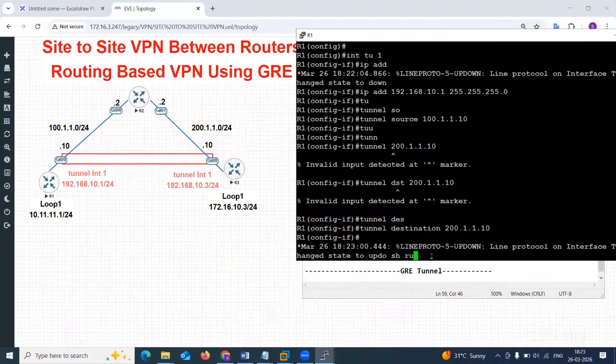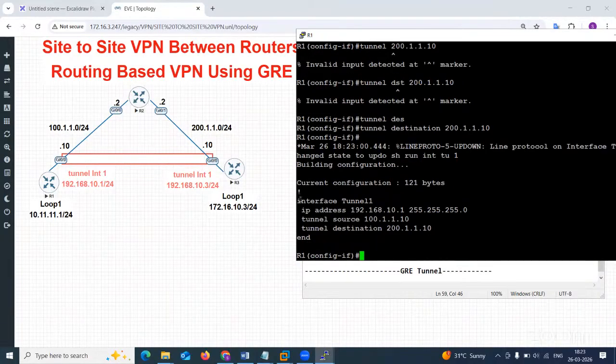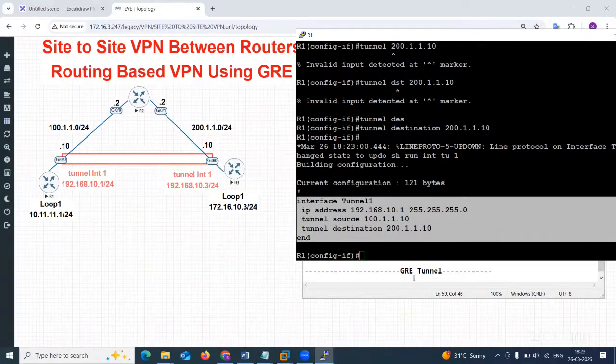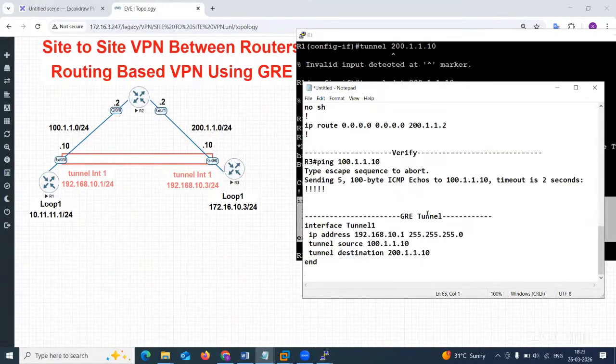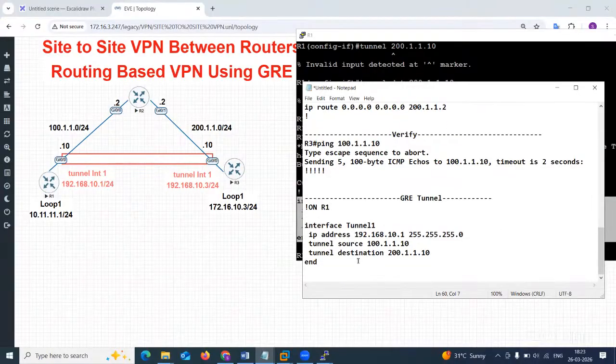Now do show running-config interface tunnel 1. So these are the parameters that I used right now to create a GRE tunnel, and this was on R1. So this configuration I did on R1. Right. So once this configuration is done,